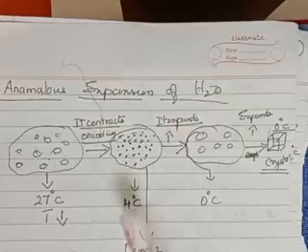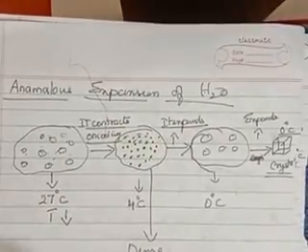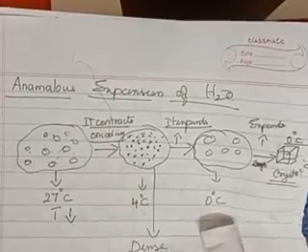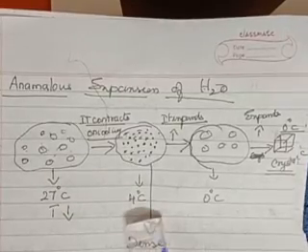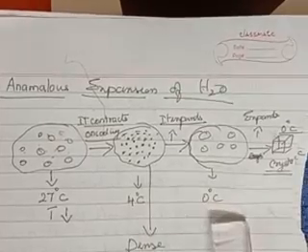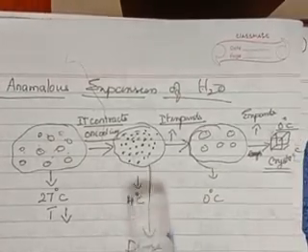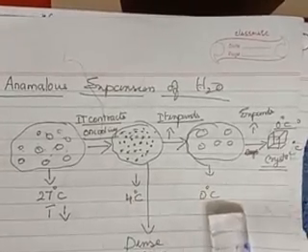Okay. Till 4 degrees Celsius, it has contracted. Again, the temperature is falling. Check it, children. First, it is 27 degrees Celsius. Next, it has come to 4 degrees Celsius. Again, the temperature is falling from 4 degrees Celsius to 0 degrees Celsius. So, from 4 degrees Celsius to 0 degrees Celsius, instead of contracting, what happens?